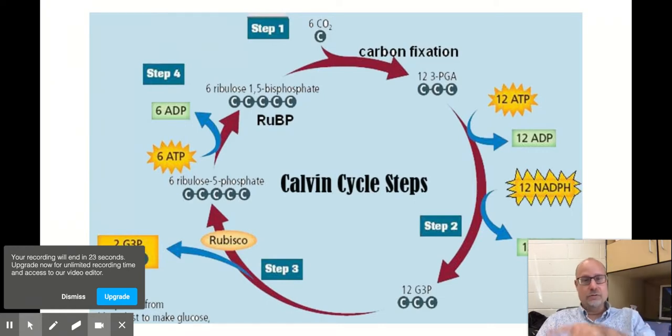It's an ongoing loop that keeps on producing, starting with carbon dioxide up here, taking those 6 carbons that are put in, taking them out over here on this side, and transforming them into glucose. It really is